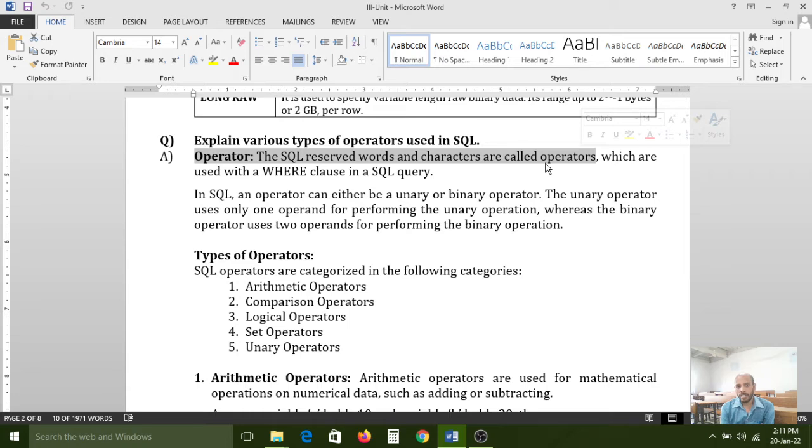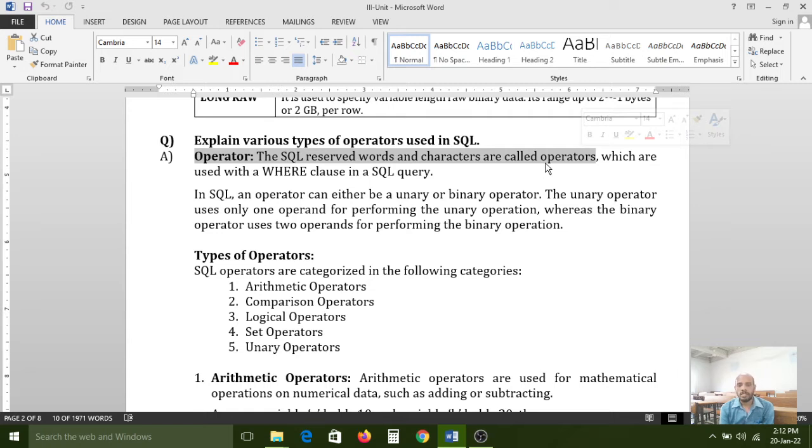In that, operator is different, but here operator is different. Almost all operators are the same, but the pronunciation is different. In the C programming language, an operator is a symbol that produces a logical or mathematical result. But here, SQL reserved words and characters are called operators.